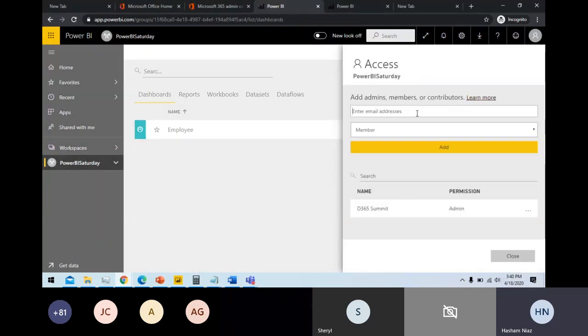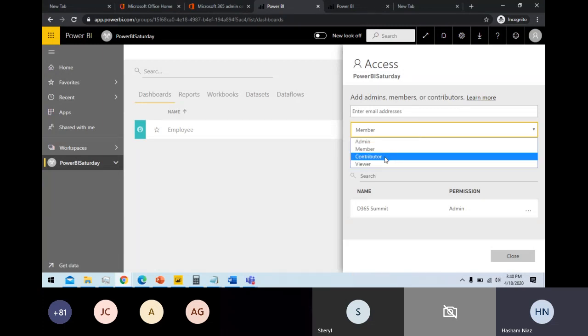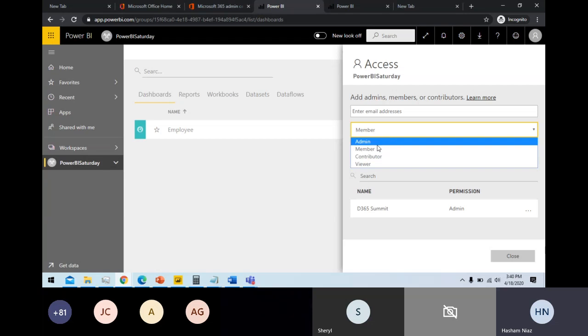Like I add one security group into the member role and the other security group into the admin role, and a user is a member of both security groups. Whatever the maximum privileges, since he's part of the admin security group, he will have the admin permissions as well.